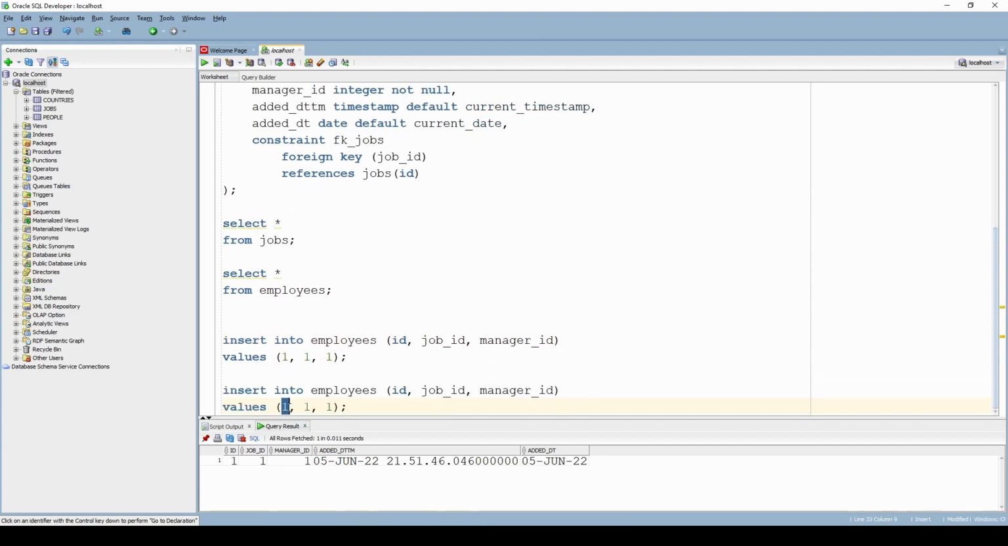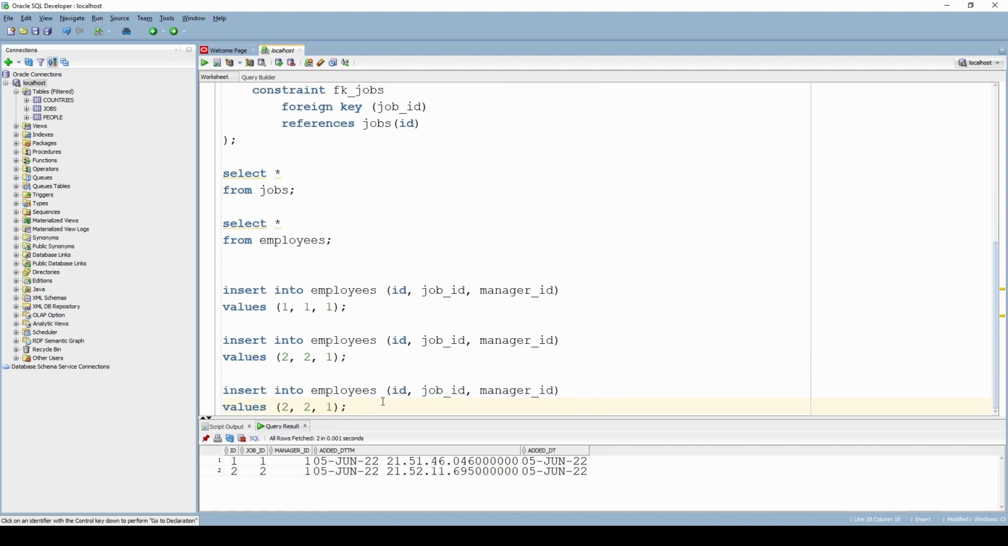Let's currently try to make an ID 2, and okay, manager can keep at 1. Let's try to execute it. One row was inserted, everything works fine. And here, let's now try to add a job ID 3. And now we'll get